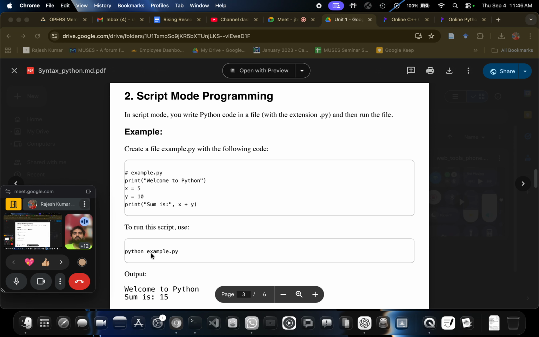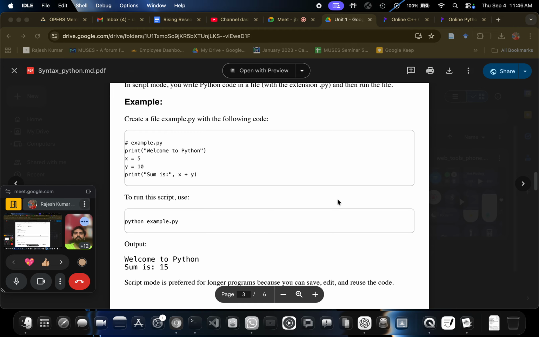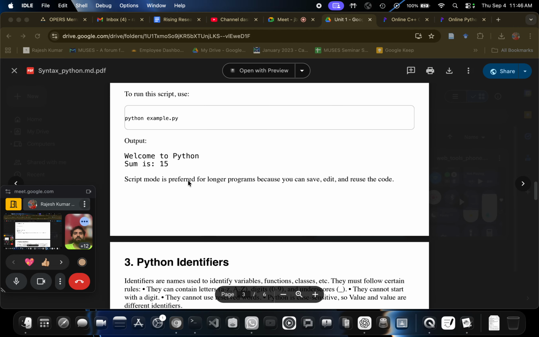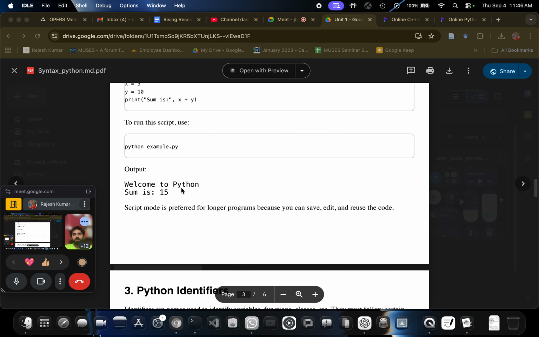I did not use this command because in the IDLE itself, you can just use the default commands. Like there was a run option here, but not now because we are not in a script mode. So the output is welcome to Python, and script mode is preferred for long programs because you can save, edit and reuse the code.